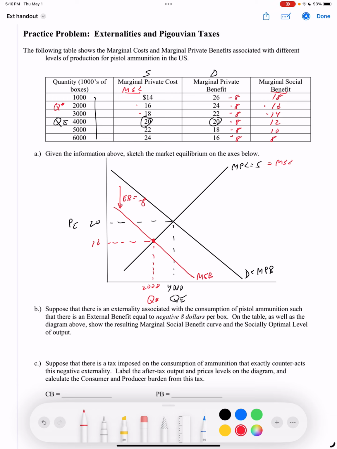And now part C asks us about the appropriate Pigouvian remedy for the externality. So we know that it's a negative externality, so there's going to be a tax imposed to discourage the activity, and we know that the externality is coming from the consumption side of the market, so it's going to be a tax imposed on the consumer of the good, and the value of the tax needs to match the value of the externality. So what's going to happen is that our after-tax demand curve is going to exactly equal